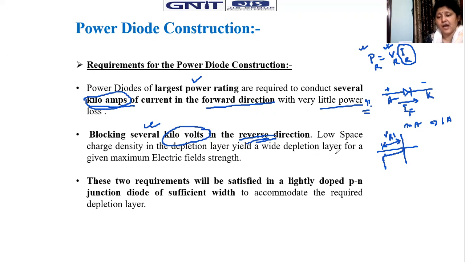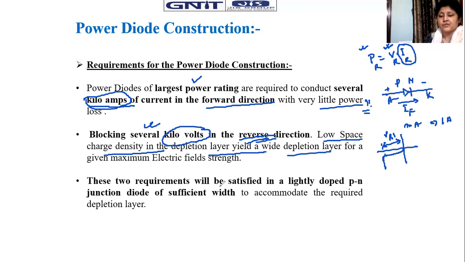And how will it be done? How will it be done? We will mainly observe that there will be a low space charge density in the depletion layer that is put in between, basically in the junction. That means not only a p-type and n-type semiconductor, consequently we have a drift region over here. Now, what is the work of the drift region? I will explain it in my next slide.